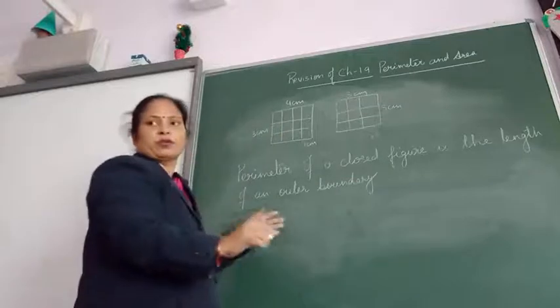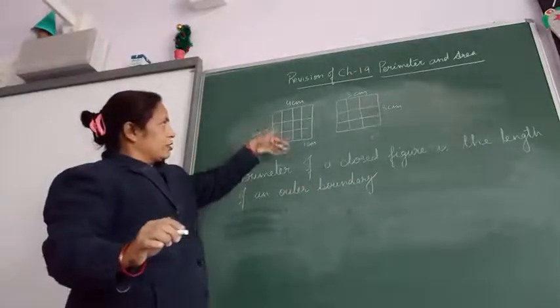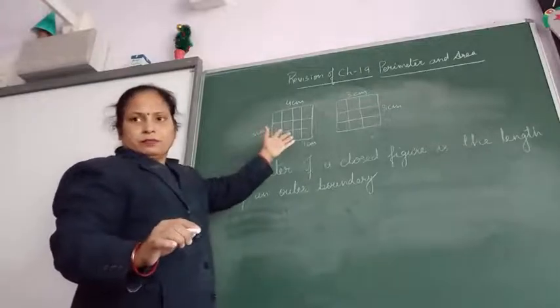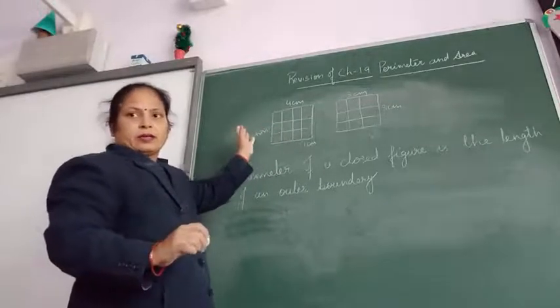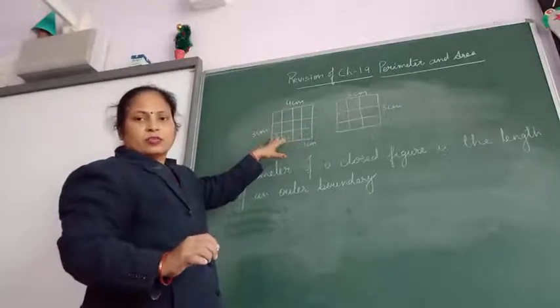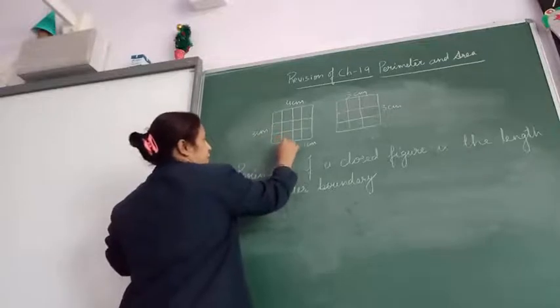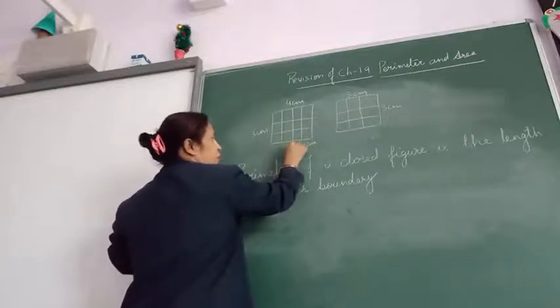Okay, outer boundary, and we can say that it is the total length of the boundary of a shape. Whatever the total length of the boundary is, that is the perimeter. Now here see, this is a rectangle, opposite sides are equal,